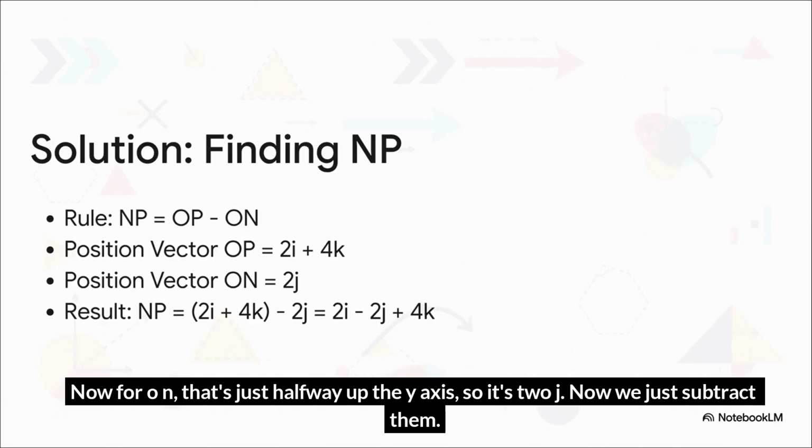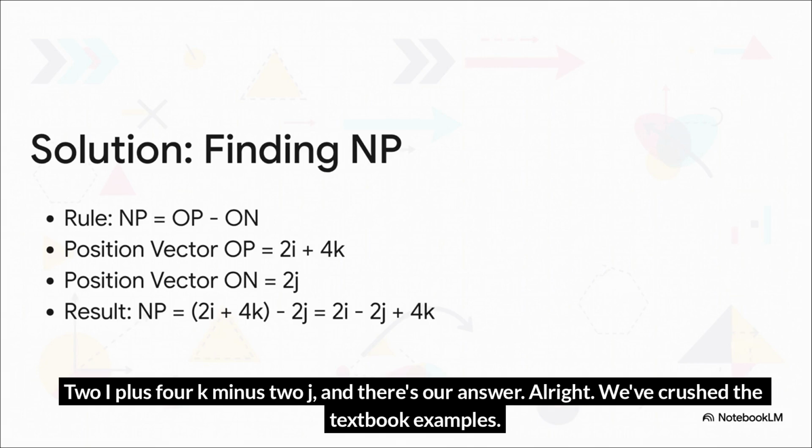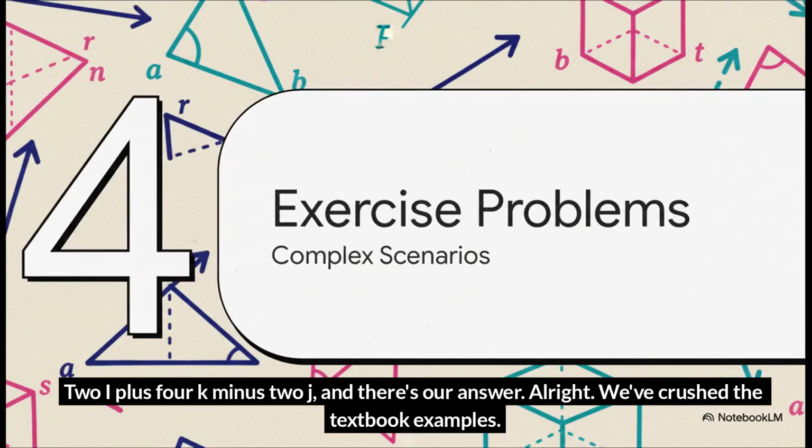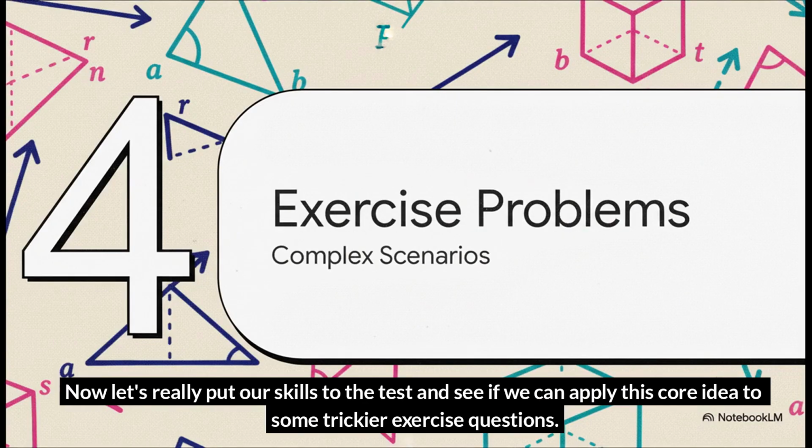Now we just subtract them. 2i plus 4k minus 2j. And there's our answer. All right, we've crushed the textbook examples. Now let's really put our skills to the test and see if we can apply this core idea to some